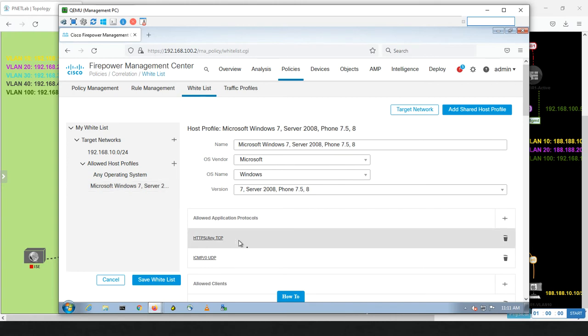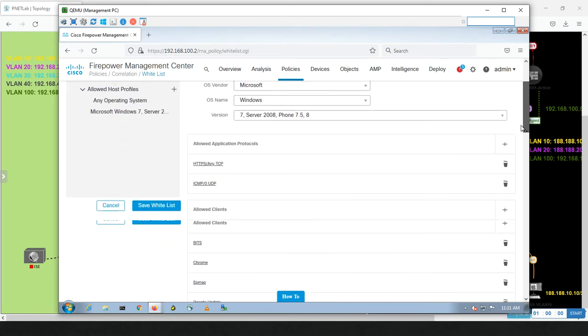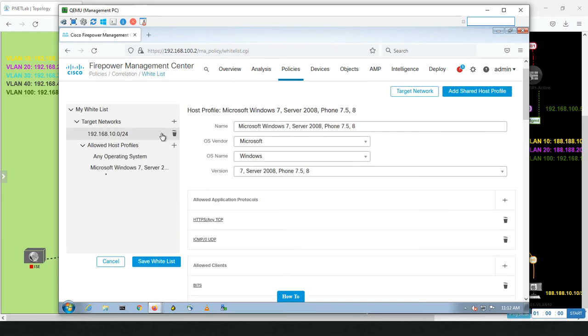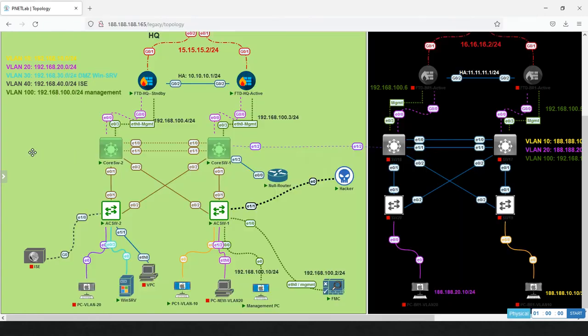Host HTTPS any. So I did not put HTTP. Why is it not violated when I use the HTTP link? Doesn't matter. Let me see here in the Windows 8. So it does not have Windows 16, for example. If I put Windows 16,